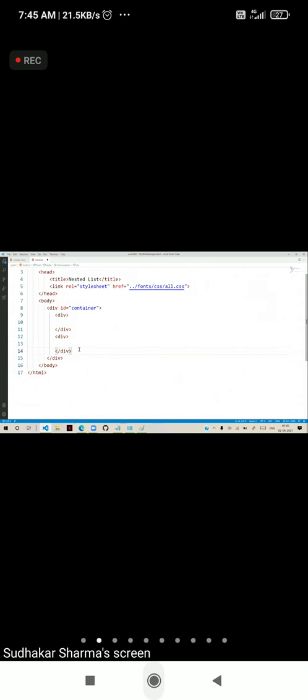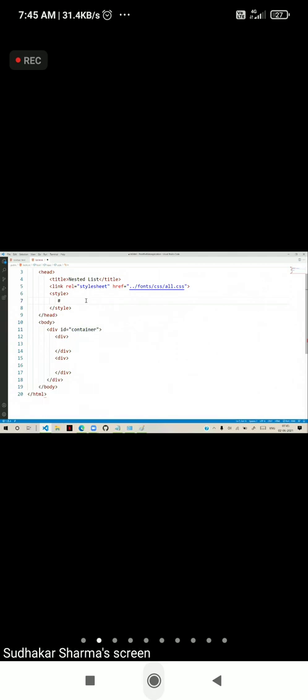As of now, I want to divide this into two columns. So how do you apply the style? For this container, it has an ID. So in style, if you want to apply to any element which has an ID, that ID can be defined by using hash.